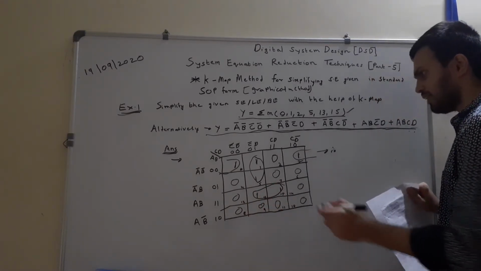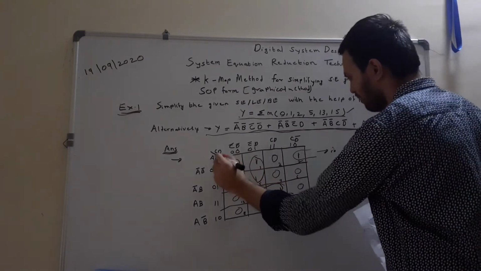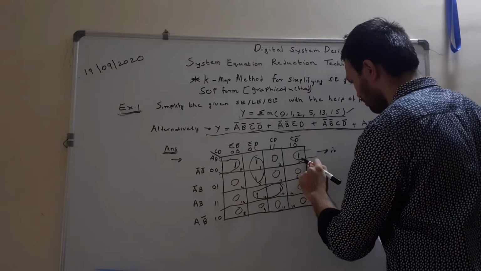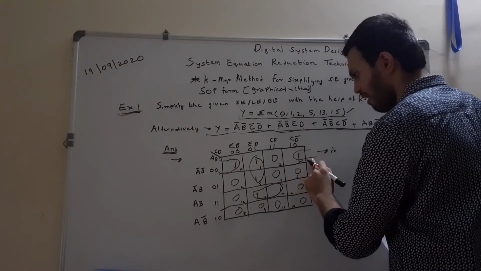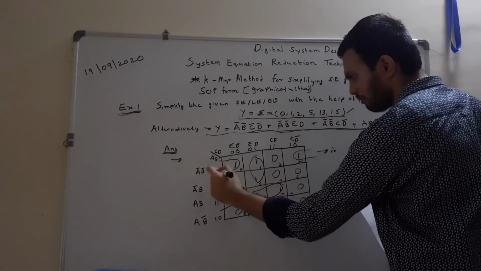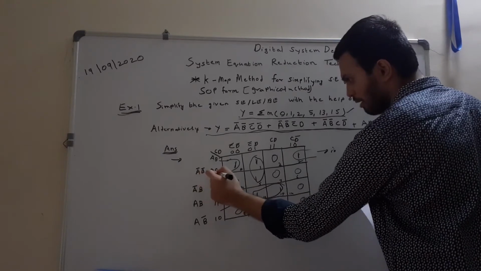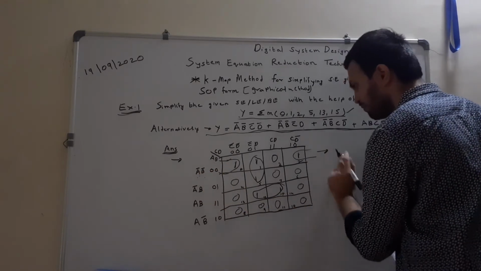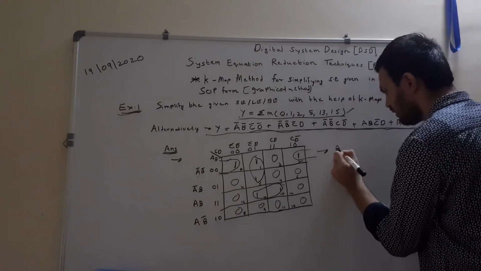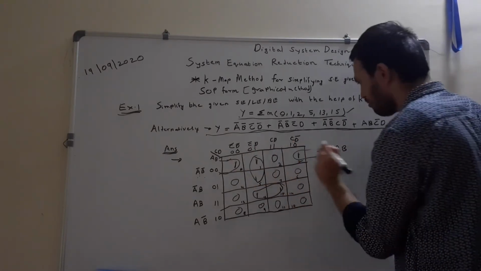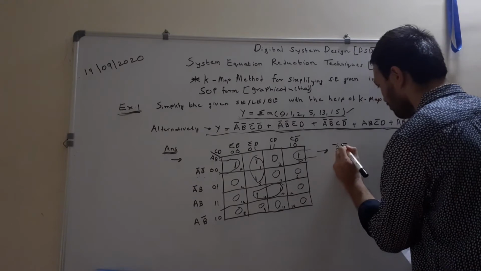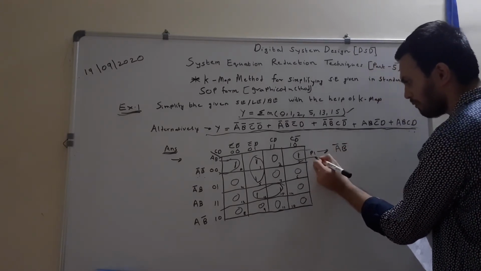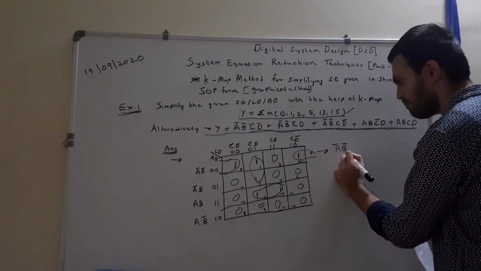Now let us see how we are supposed to read the values. Now this is one pair, that is, minterm number 0 and minterm number 2 form a pair. How will you read this? The row corresponding to it is A bar B bar, because 0 0 is there over here. So from this particular pair, that is pair 1, we get this term, that is A bar B bar.